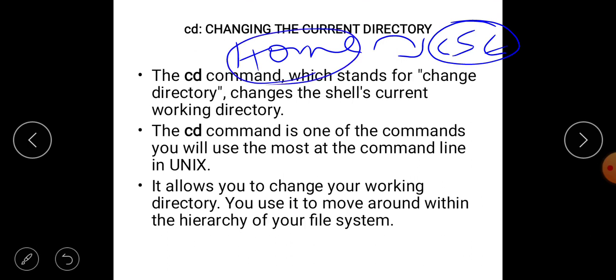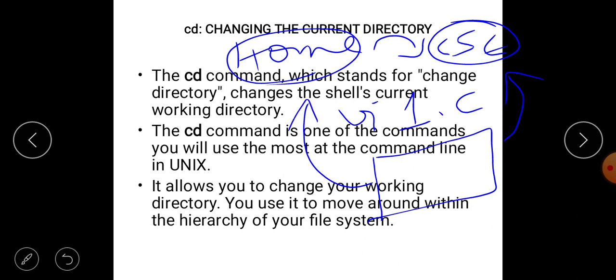Suppose you are going to use vi space 1.c, meaning you are going to write the program, and next you are going to save it. Suppose your intention is to store it in csc, but it is going to store in home, because at present when you log in you are moved to home only, not to csc.